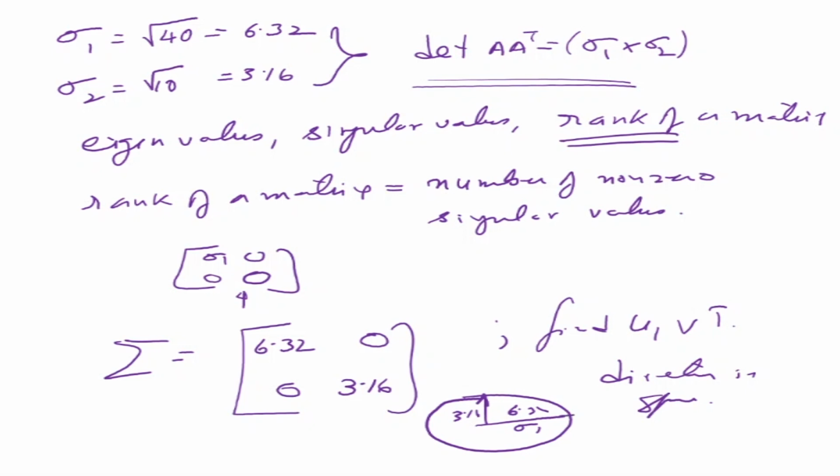Now I need the directions. Where is the U direction? Because I need the direction of the ellipsoid also. So for doing that, I need to find the characteristic equation and the eigenvalues of A transpose A. After finding the eigenvalues, I find the eigenvectors. We find the eigenvectors by using this equation: (A minus C times I) times X is equal to 0. You know how to find eigenvectors given the eigenvalues.